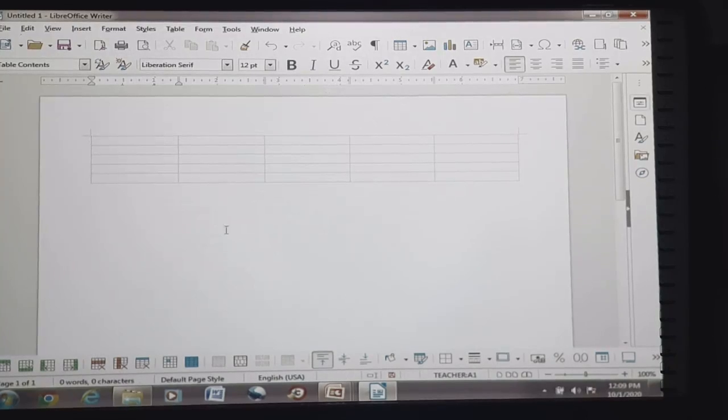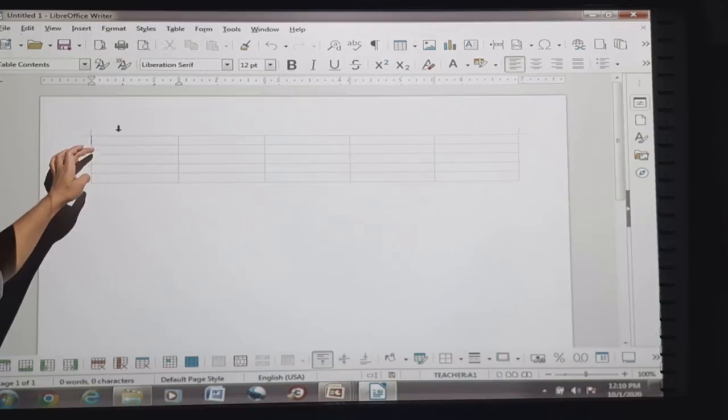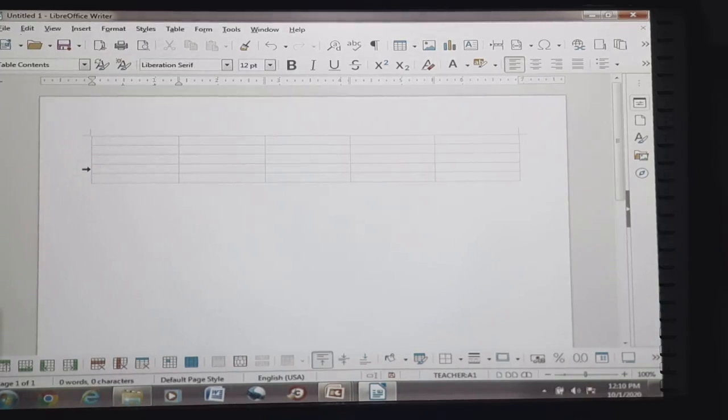Now, what is a column? See, if we select this particular area, from this to this, 1, 2, 3, 4, 5, this particular location. See, whenever I brought the cursor arrow to this particular location, it displayed a downward symbol.